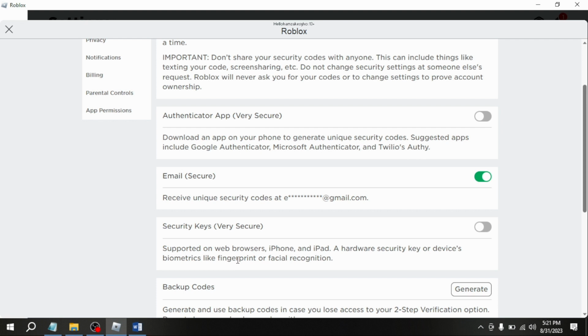There you go. If you wanted to know how to turn on two-step verification on Roblox, that is the easiest